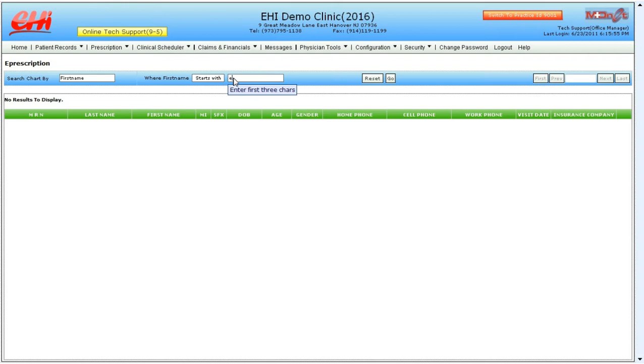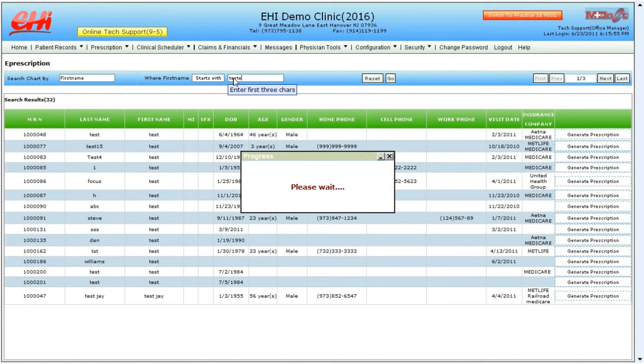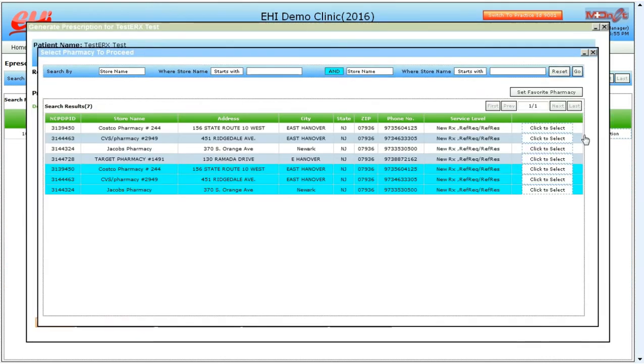I'm going to search for the patient by first name. You can actually search for the patient by any number of parameters that you want. Once I pulled that patient chart, as you can see it shows up here, I'm going to click on Generate Prescription,